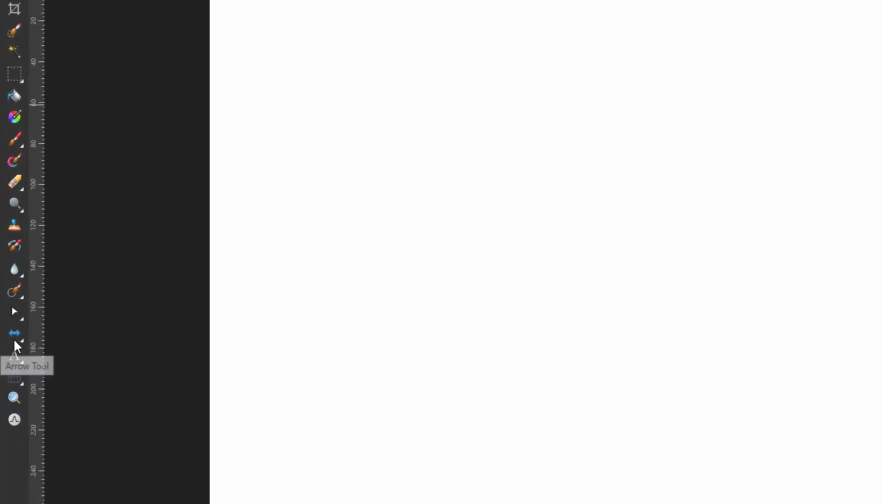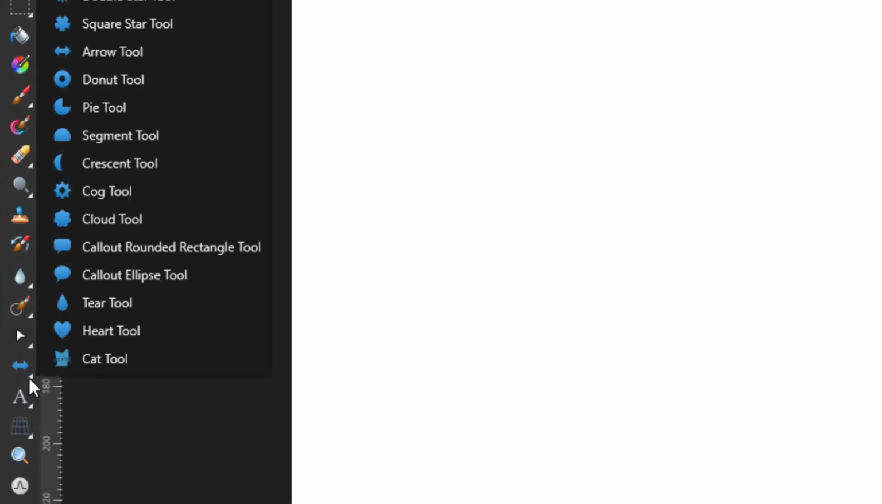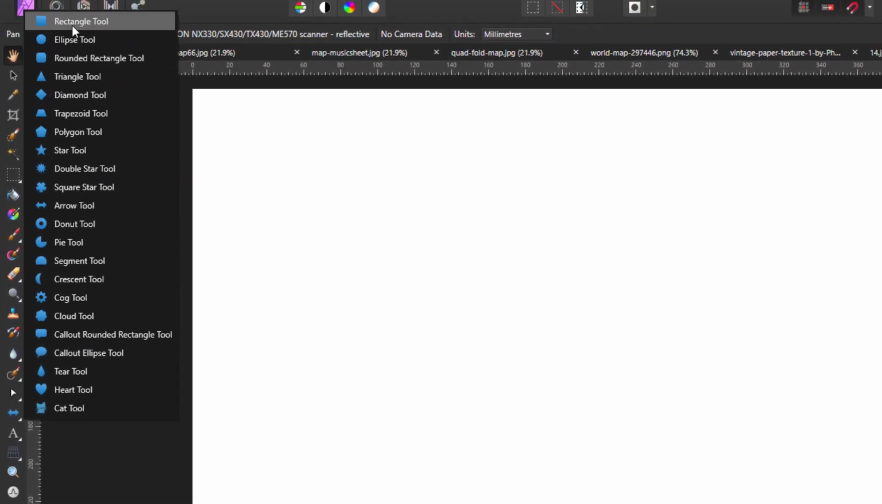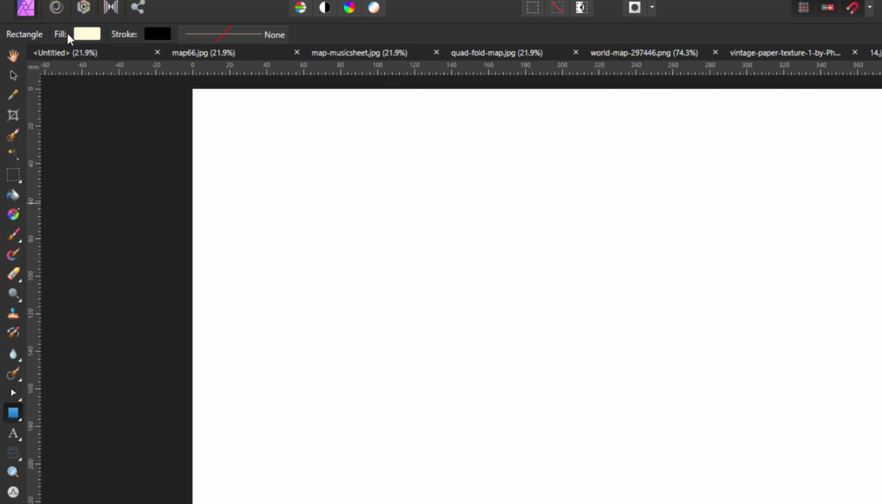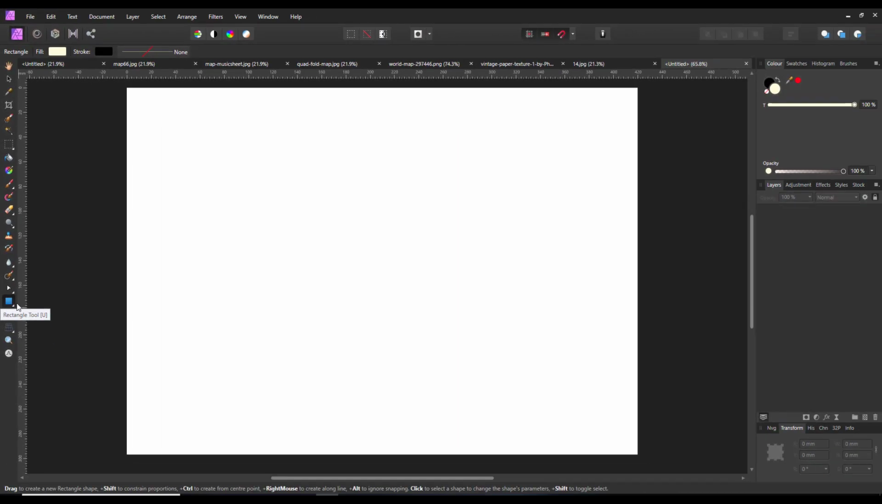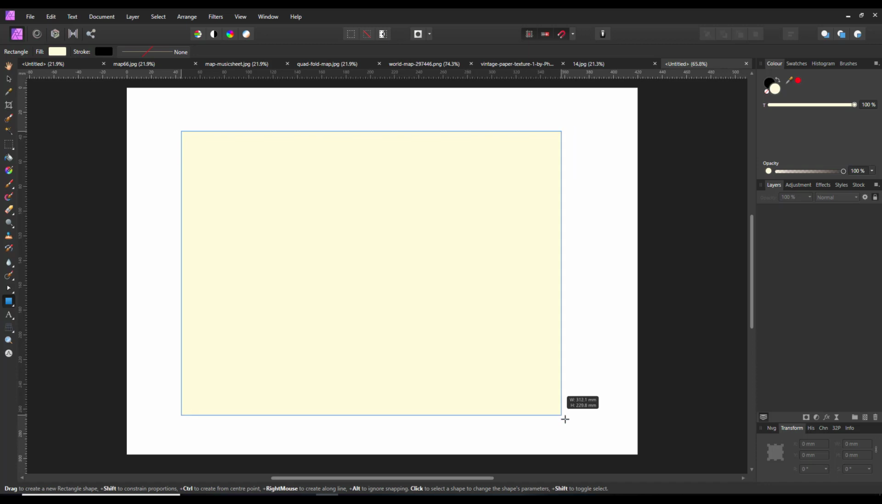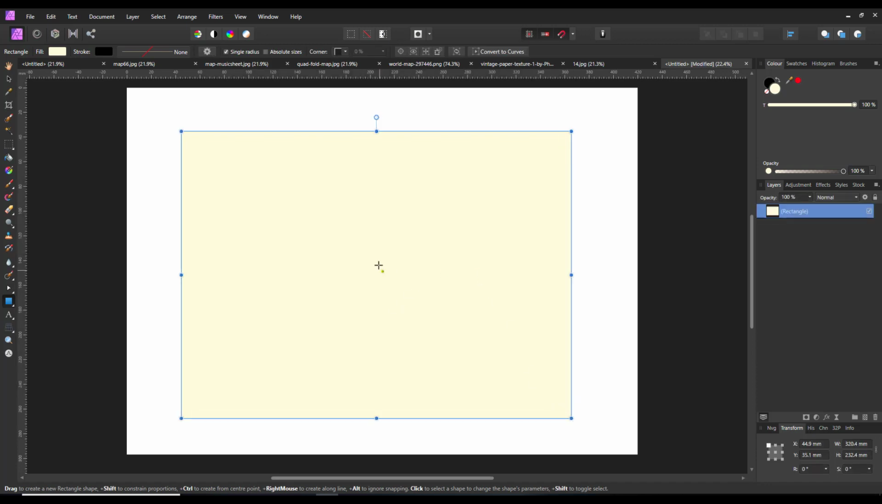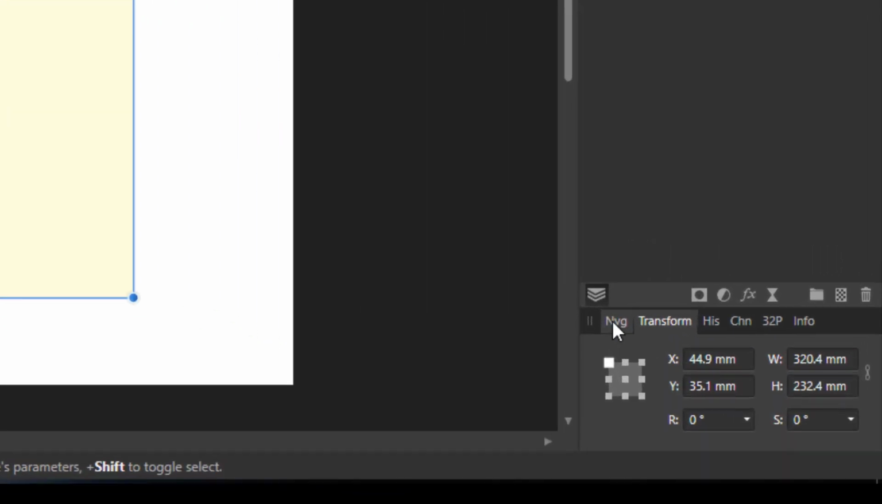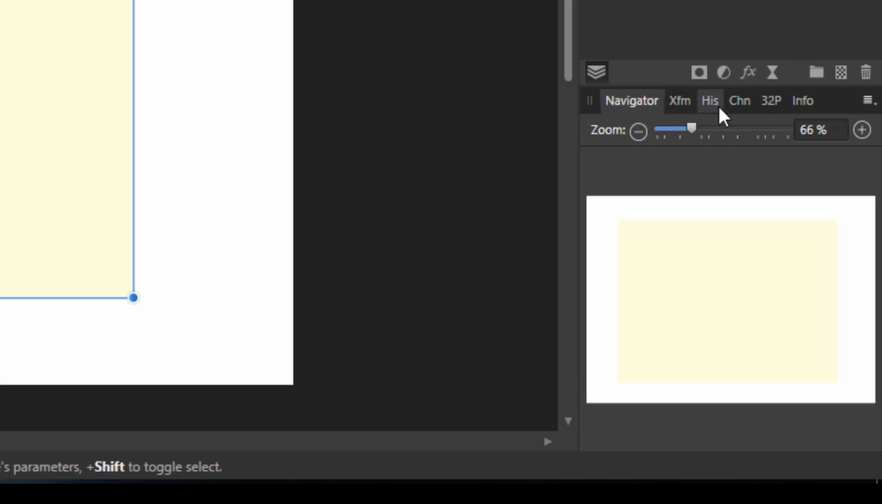So what I'm going to do is come to the shapes, and I'm going to come to the rectangle tool, which is in the menu that is down here, or you can just press U on the keyboard. And I'm just going to draw out any old size for the moment, and then yours by default might be on the navigation tab down here,